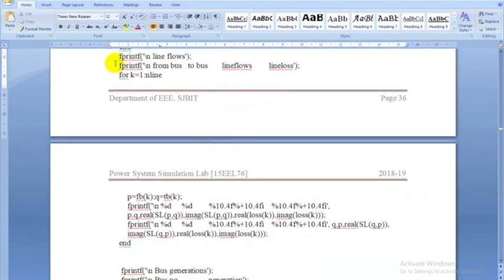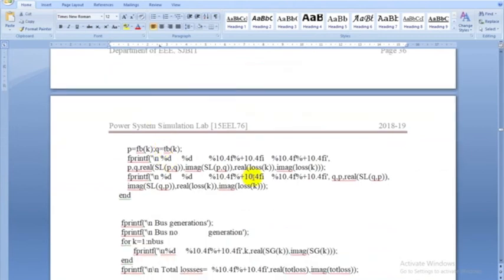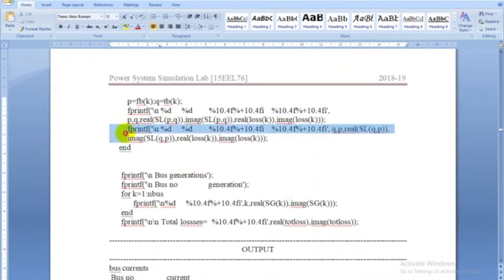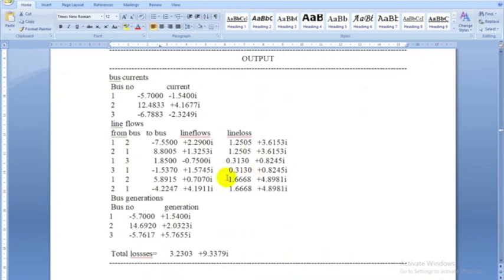Similarly, we will be printing the line flows also. Line flows, that means sending end and receiving end. See, SL, PQ and SL, QP. So you have to consider sending end and the receiving end, and take all these together. Okay, this is the sending end side 1 to 2, again 2 to 1.